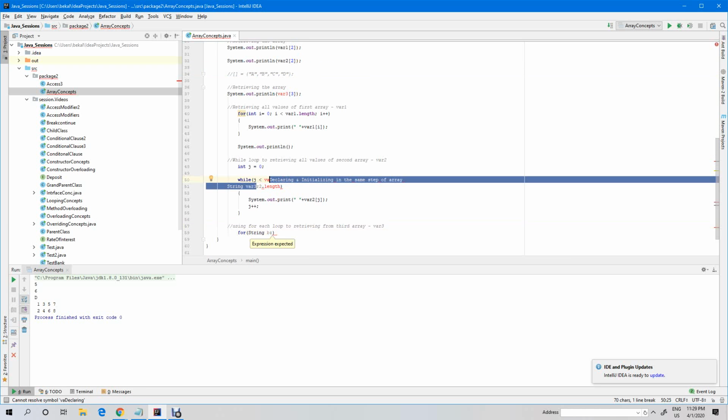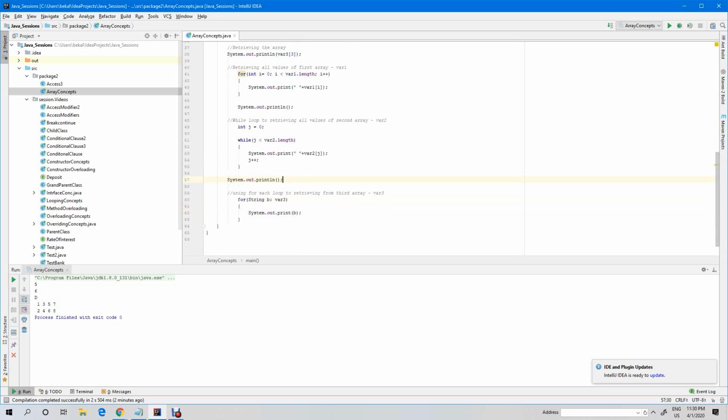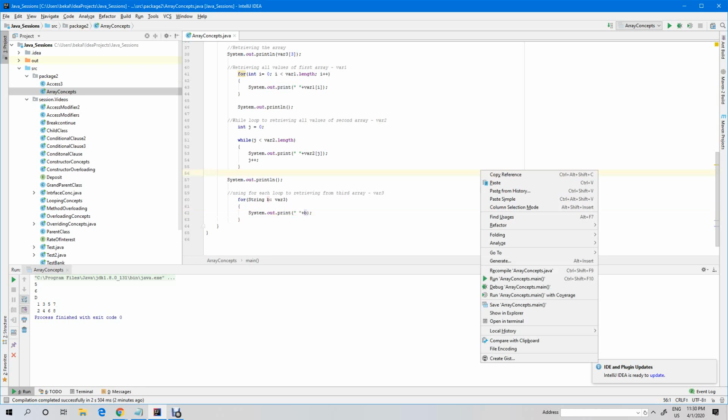Then open bracket, then System.out.print, I can say B, that's it. And again I'm going to enter an empty line over here so that it will not merge with the previous result, and I'm going to enter some space as well for more readability, right? Let us run this.